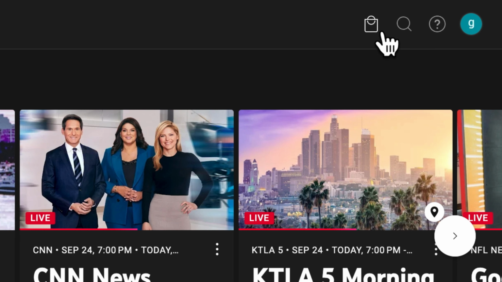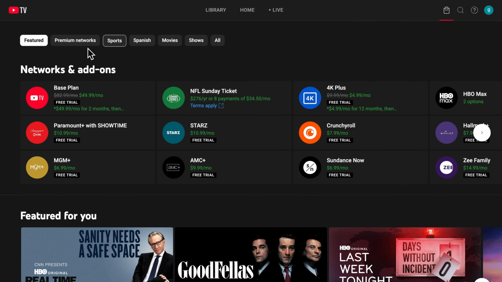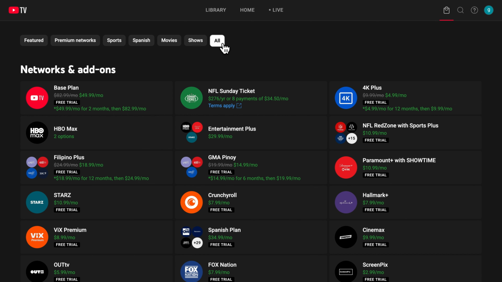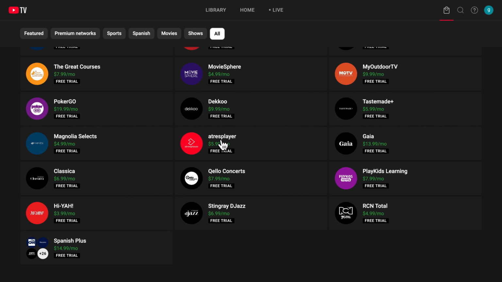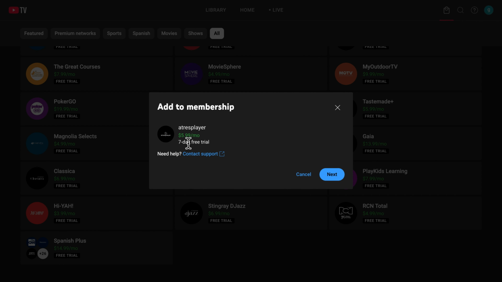shop icon, which will take you to networks and add-ons, and then just click on all to see all the channels and scroll down to search for Atresplayer. Right here on Atresplayer, you want to click on it. And then you want to add Atresplayer to your YouTube TV membership by paying $6 per month, and you can get a 7-day free trial. So just click on next to complete your purchase with your debit or credit card or